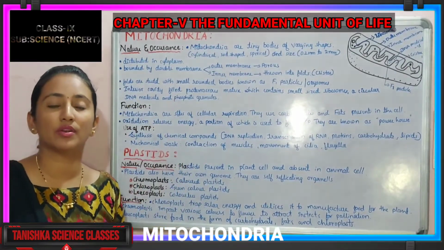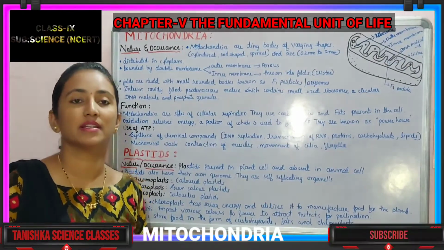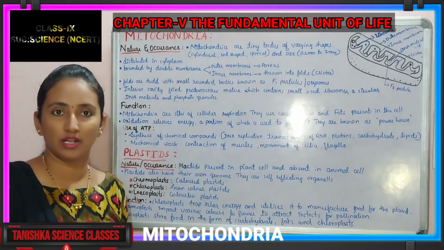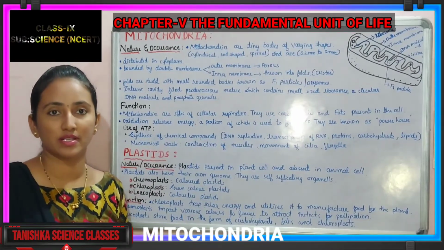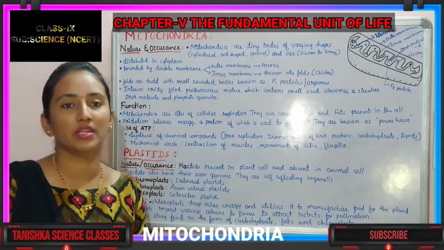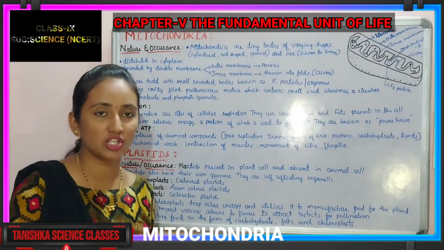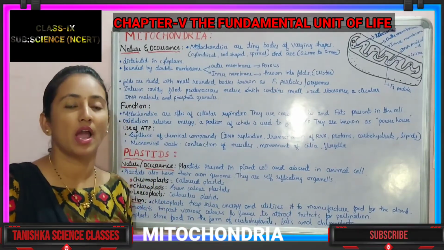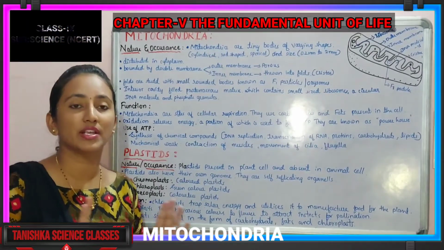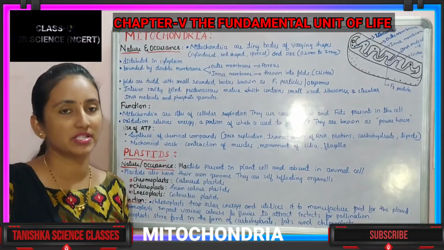So where does mitochondria occur? It occurs in the cytoplasm. How is it in its nature? Mitochondria is also one of the tiny organelles which is present inside the cytoplasm. We can observe various sizes and various shapes in the mitochondria. It may be in the spherical shape, it may be rod-like shape, and also it may be in the cylindrical shape. So we can observe various shapes of mitochondria.